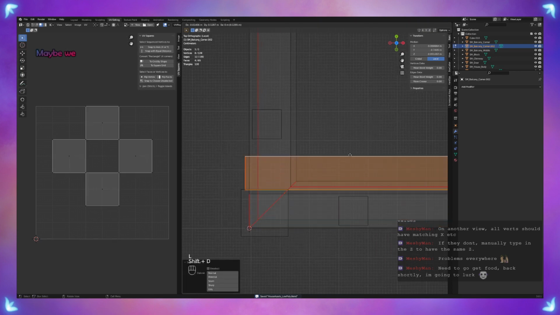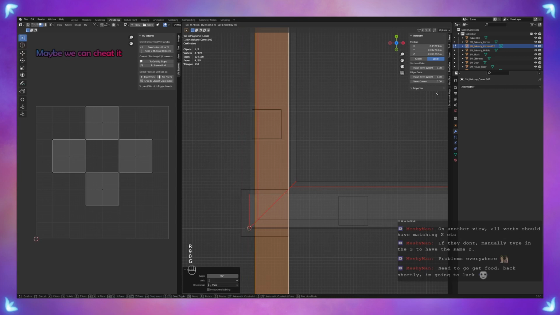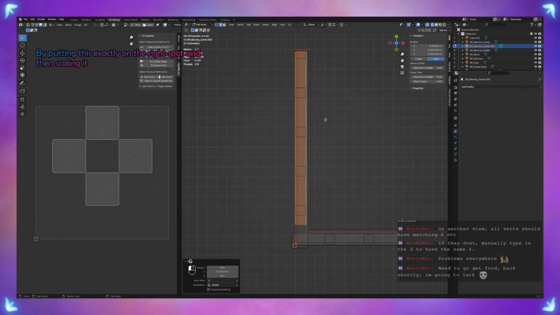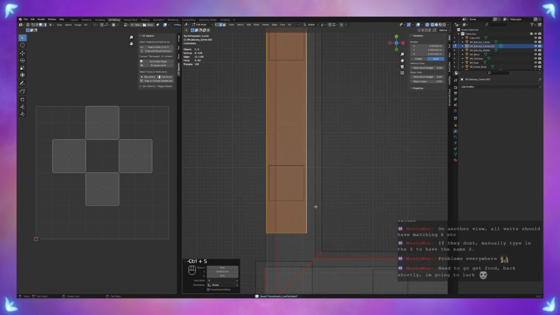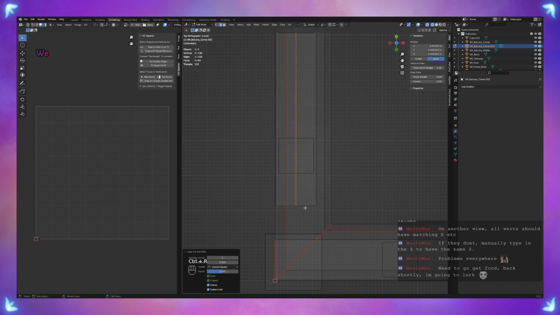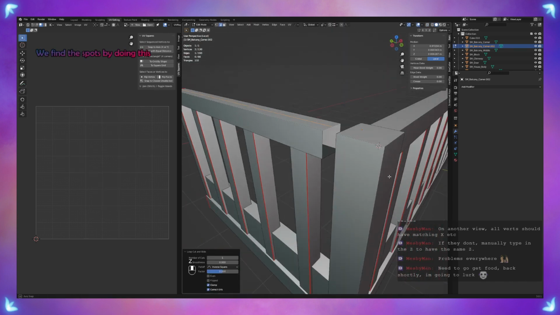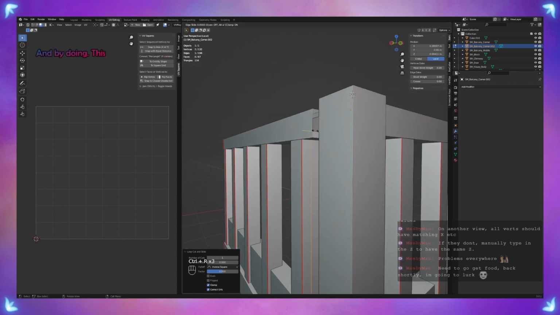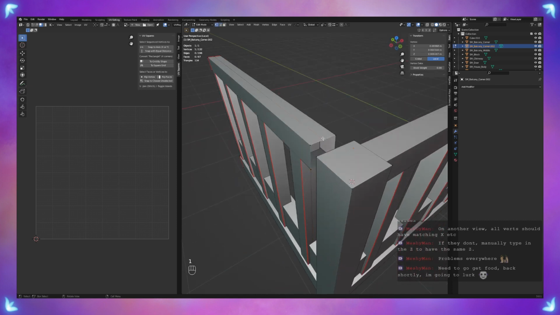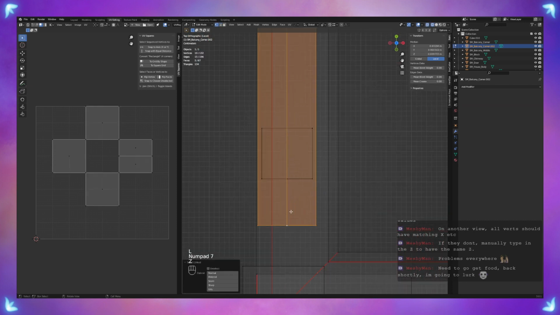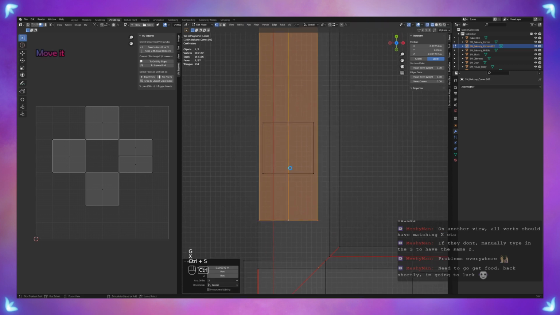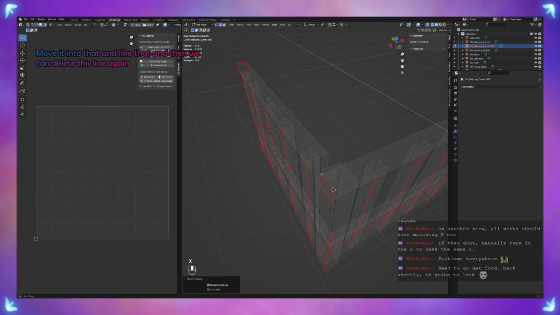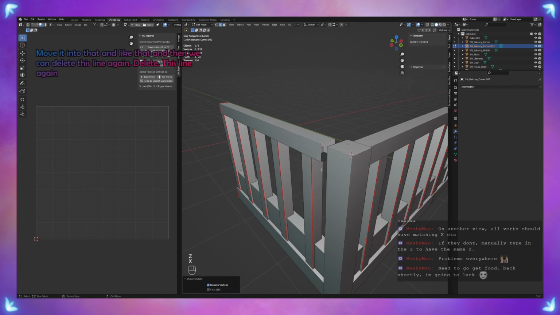Maybe we can cheat it by putting this exactly on the right spot and then scaling it. We find the spots by doing this and by doing this. Move it into there and like that, and then we can delete this line again, delete this line again, and then